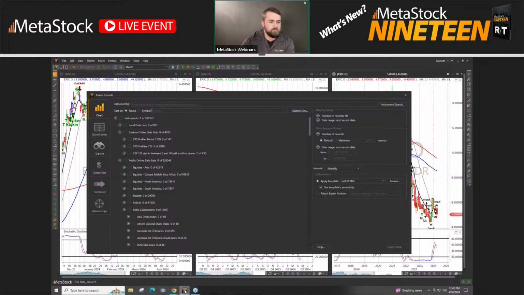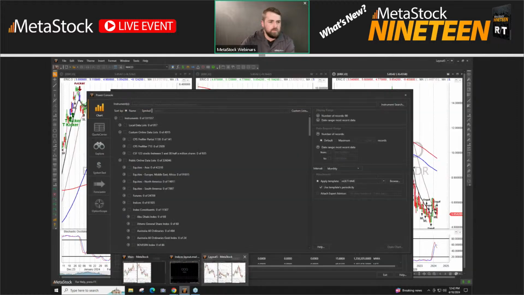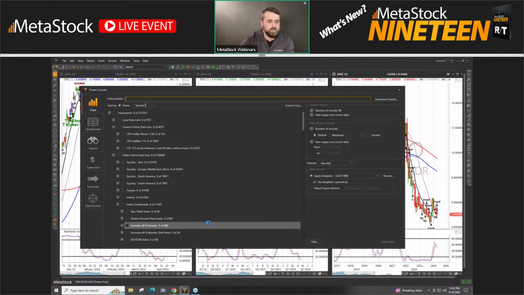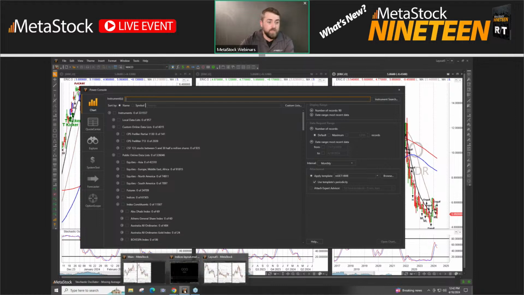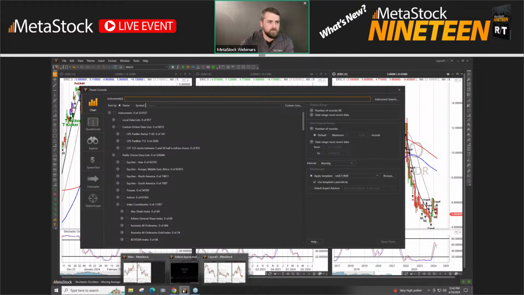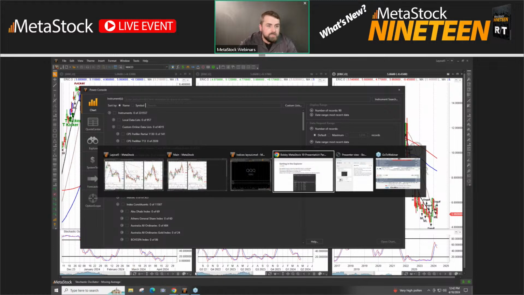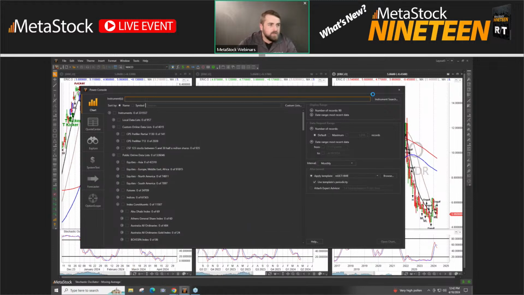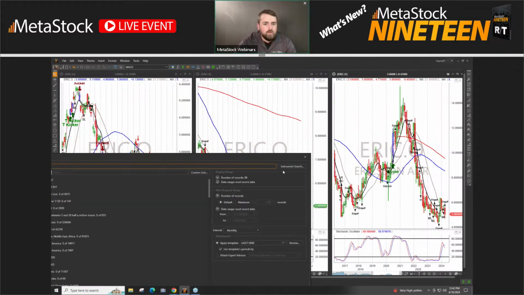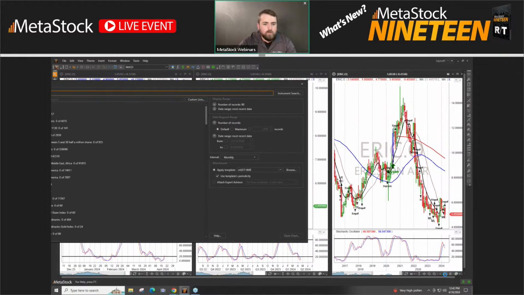And my MetaStock's just being a little slow today. I think it's maybe been all the presentations we've been doing on here. We probably should have just done a restart of the computer because it's the computer being slow, not just MetaStock, I should point out. All right, let me tab into the page I wanted to be on. All right, or maybe it's just keeping the loading section on here.